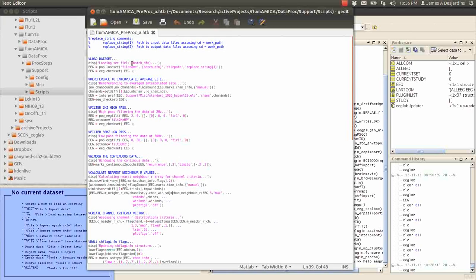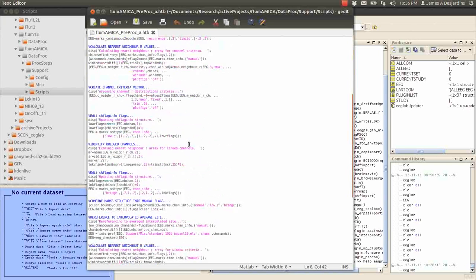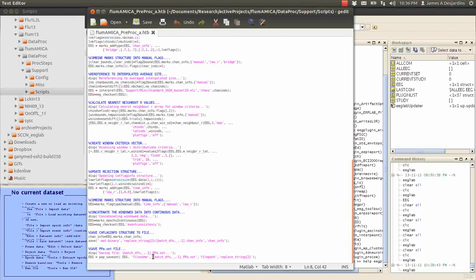The key to these scripts is that there are these keystring packs where we have something called the batch DFN, for the batch data file name. And as you select multiple files from a browser, it will iterate through this script for every file and swap in the file name here. And we can see down at the bottom, whenever it writes an output file, there's a couple extra pieces of